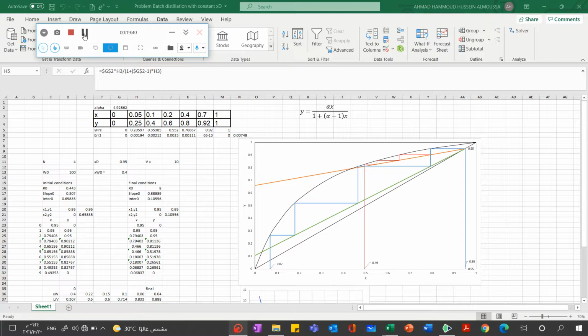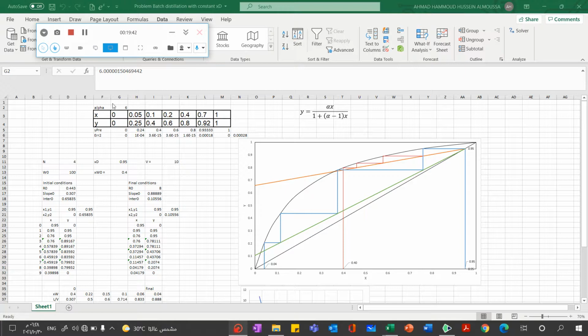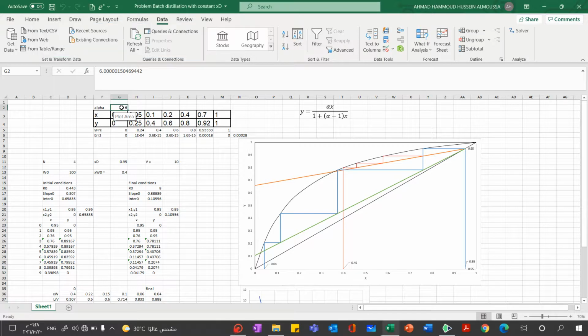Hello everyone. I know now the problem. You must put the initial guess near the right answer. If you put 6 here now, before that it was 5.73, and when I make the same step that I taught you in this video, it gives me 6, which is mostly near to